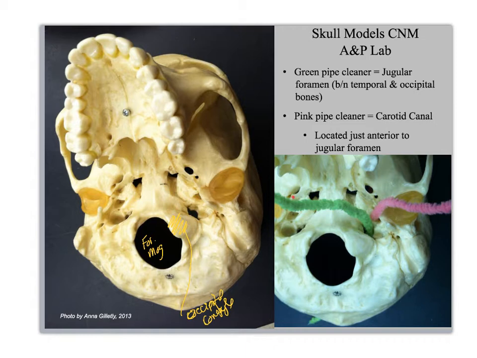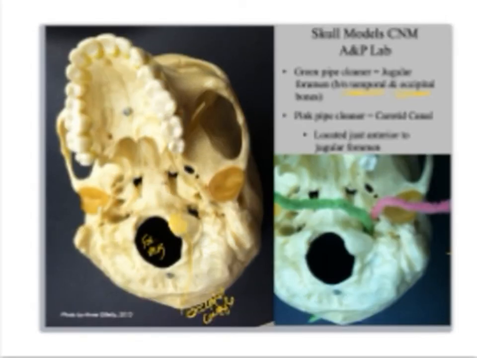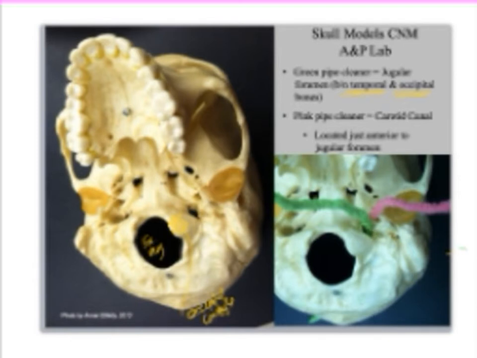So right here I have a green pipe cleaner that I've stuck through the jugular foramen. And remember that this jugular foramen goes between the temporal and occipital bones. And then in pink, I'm using a pipe cleaner to stick it through the carotid canal. And I'm doing this because when you look at a bone and it's not color-coded, it can be really easy to mix up the jugular foramen and the carotid canal,